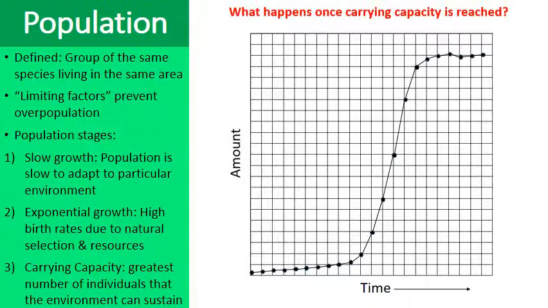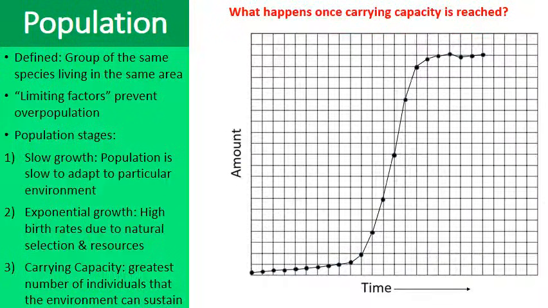And so what happens once carrying capacity is reached? Well, let me extend my graph a little bit. There are 2 patterns that we tend to see next. Number 1, the population tends to stabilize, and that's what we hope will eventually happen to humans. Eventually, we would predict the human population to reach a carrying capacity. We hope it will stabilize. Now, the other possibility is this.